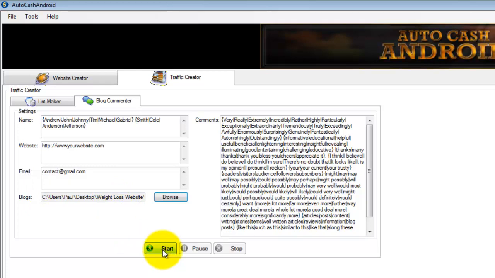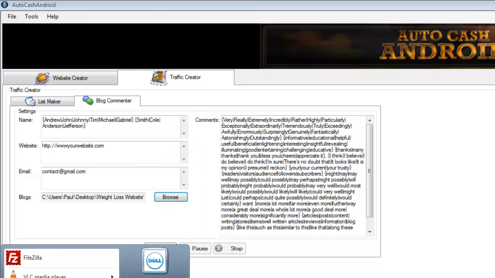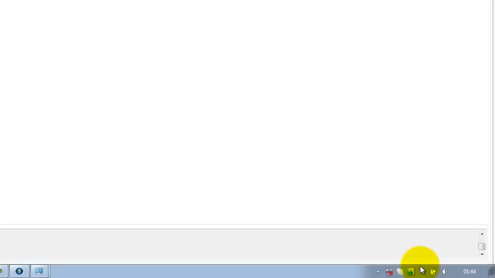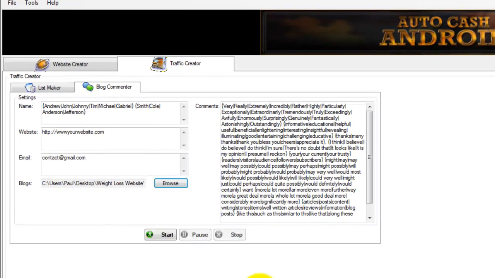Now what I will do is I'll show you it running, but I don't want to start creating spammy comments on people's blogs. So if you bear with me one second, I will just disable my network. So I'm now completely disconnected from the internet, as you can see from the cross at the bottom right. So when you click on start,